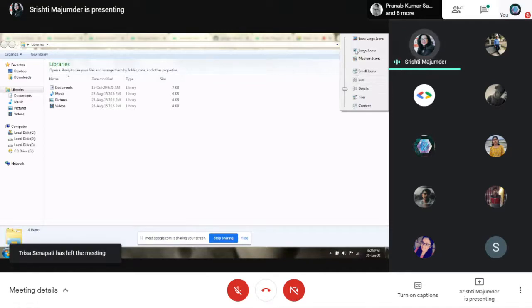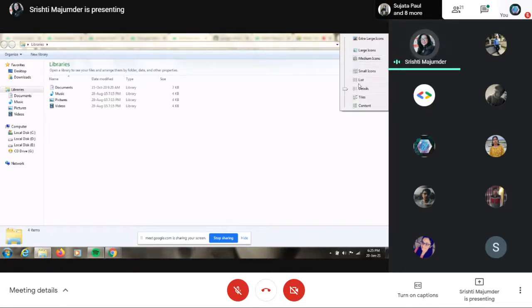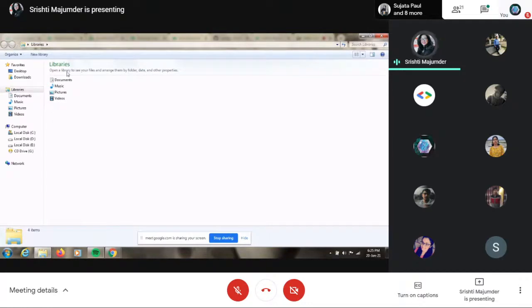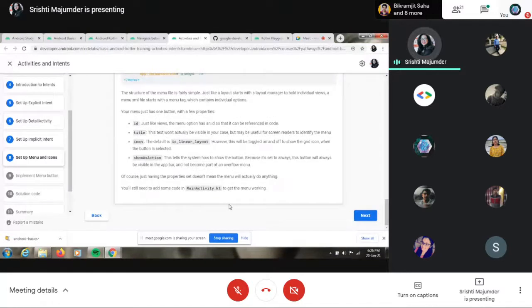Then you see these small images by themselves on the left side. These are the small images that we are going to give. Next, they also have a certain activity. Suppose I take the list, it comes in this form. So this is actually an activity. And this is not very difficult to implement. It's actually nothing much. You will have to go to the main activity page and make the changes.